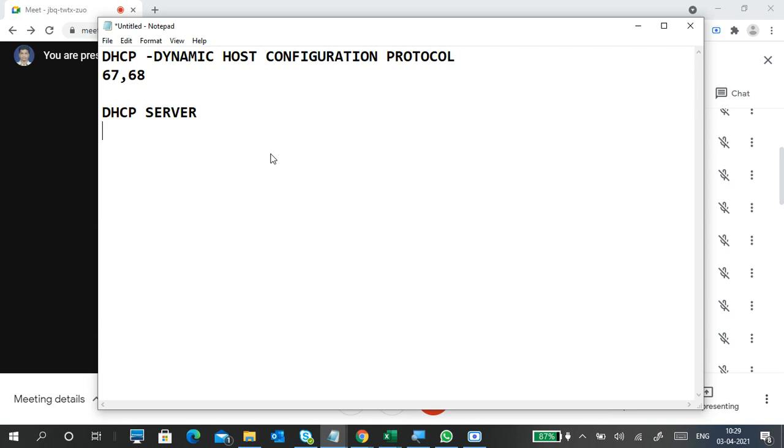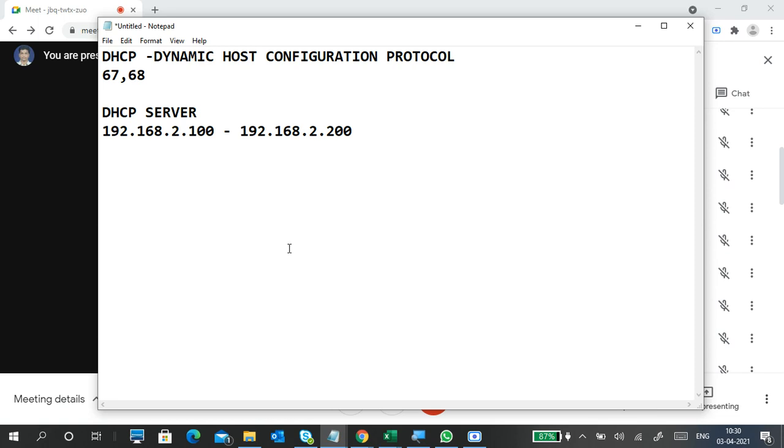For example, 192.168.2.100 to 192.168.2.200, just for example, almost 100 IP addresses, 101 IP addresses are there. This is the range, starting and ending. This is a DHCP server.